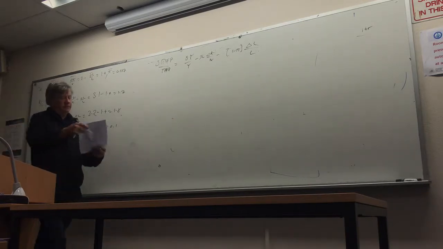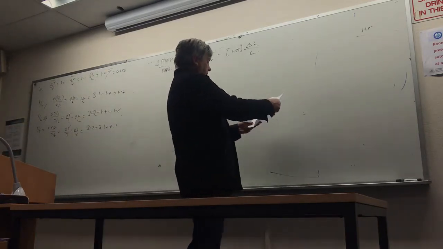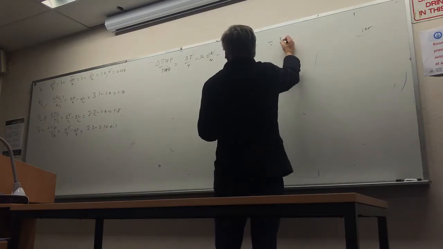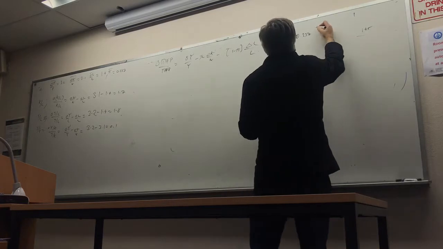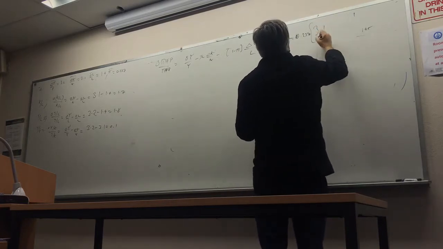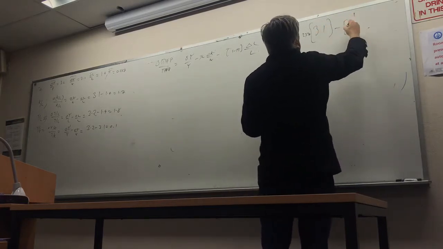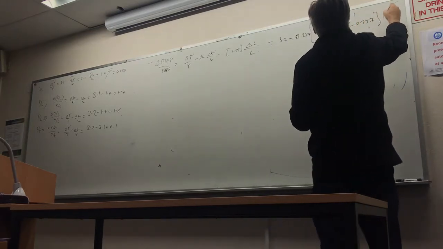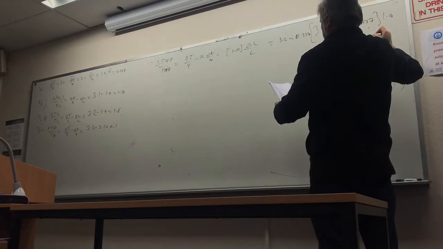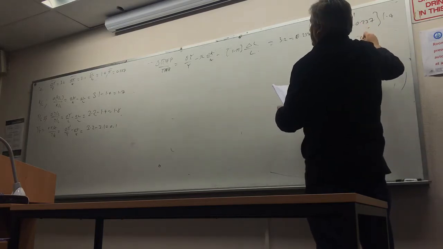And so it's not difficult to see that what that's going to be is 3.2 minus 0.237 times the growth rate of capital, that's 3.1, minus 1 minus 0.237, that's the labour share, times the growth rate of labour, that's 1.4. And you can compute for yourself that that is approximately